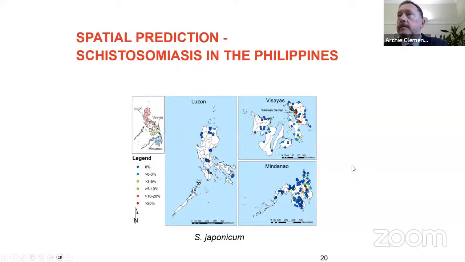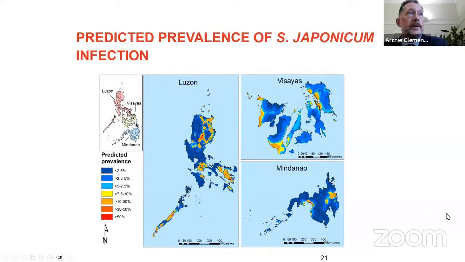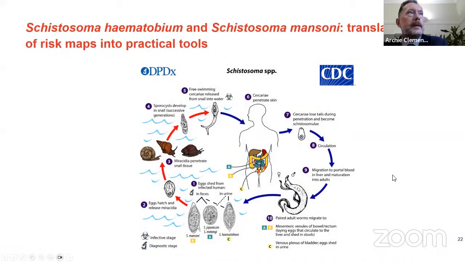Here's some spatial epidemiological study we did on Schistosoma japonicum in the Philippines, where we did a national survey. You can see that there's high prevalence in communities in the Visayas and in Mindanao, and in small foci within Luzon, and then building a spatial model predicting environmental risk of Schistosoma japonicum in the country. Some areas where we know schistosomiasis is already highly prevalent, other areas where it's not highly prevalent yet, but which are environmentally suitable for the disease and where we may want to do enhanced surveillance. And in fact, subsequent to this analysis, a new focus of infection did emerge in the northern part of Luzon.